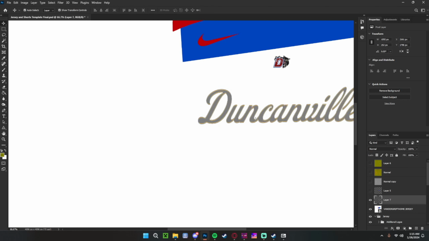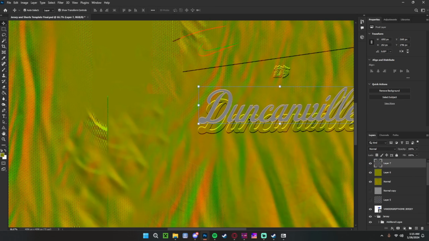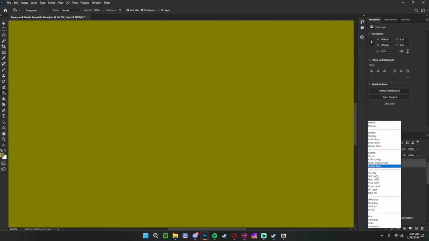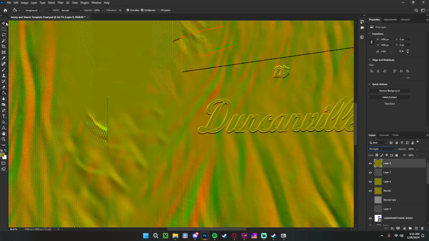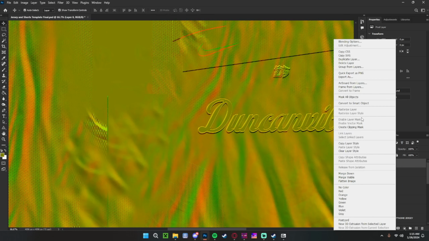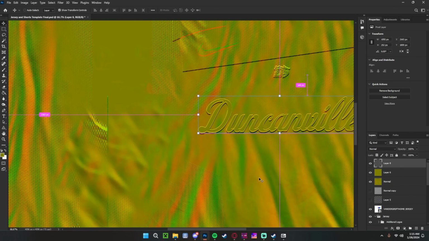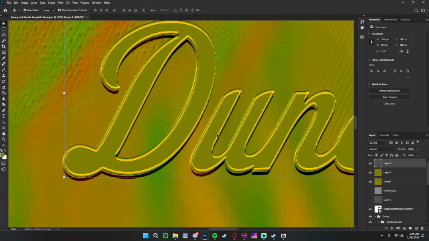Oh, there you go. Yeah, right here. And then you do the same process of dragging it up here, and then adding the pin light layer on top of it. Clipping mask. Merge the layers. So yeah, if you want to avoid that little artifacting you see there,